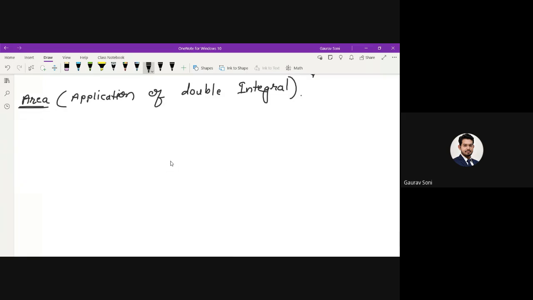So what the definition says is the area of a region capital R is given by